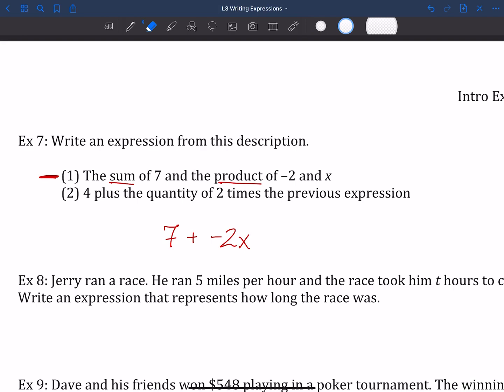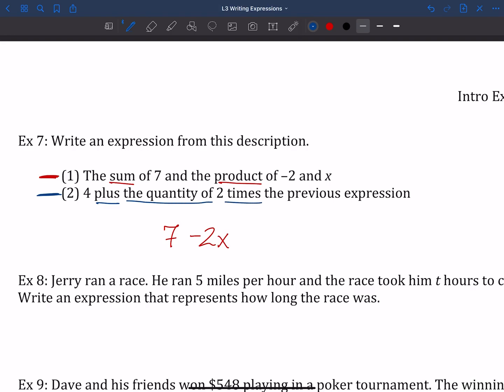Because we have 7 plus a negative thing, I can just ditch the plus sign and have it be 7 - 2x, because adding a negative is the same thing as subtracting. If that part is confusing, please ask me about it when you see me in person. We'll go over it a little bit more. I also don't want to be talking for another whole half hour on the video. Sorry. As for the second part, we have 4 plus the quantity of